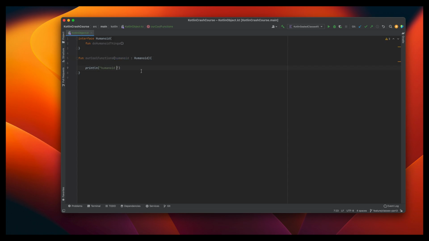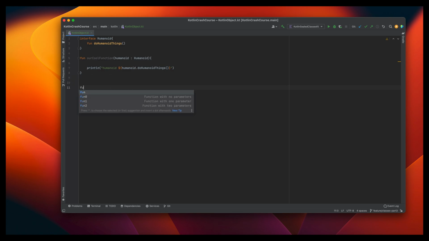And let's do $, and then do humanoid things. So this is basically, we have defined a framework, a cool function. It basically takes a parameter of type humanoid and it does just do humanoid things, but we haven't defined any implementation. So if we make a main function, what we're going to do is we're just going to call our